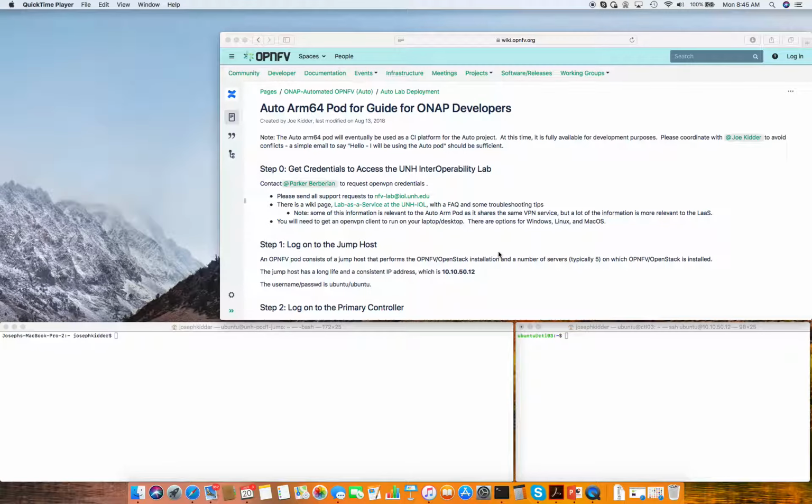Hello, I'm going to describe and walk you through how to use the AutoProject's ARM64 OPNFV pod for ONAP development of components on ARM64 architecture. This is just a demo on how to get started and how to set up servers, virtual servers on this